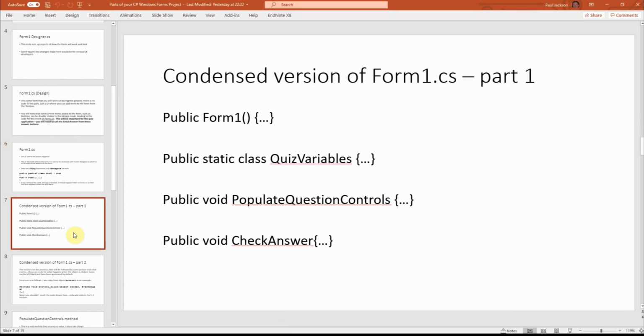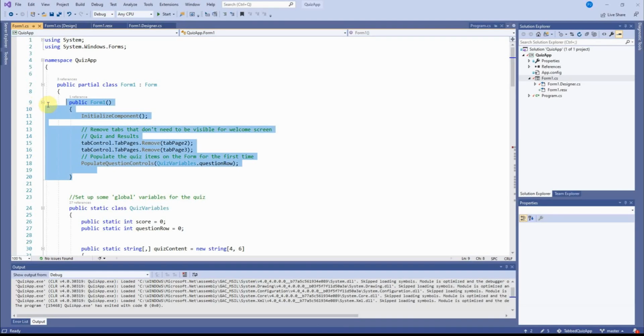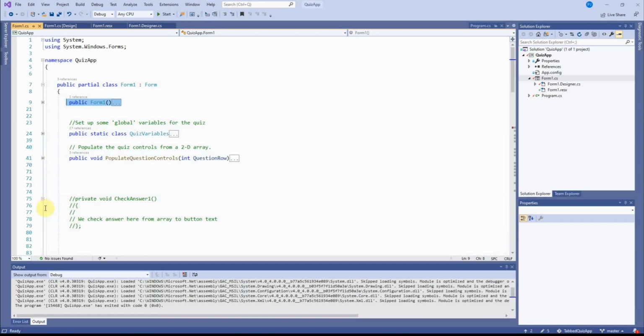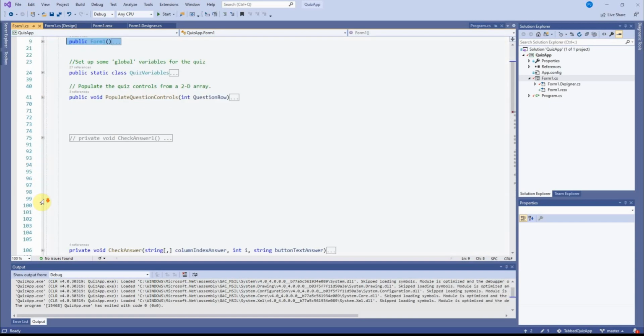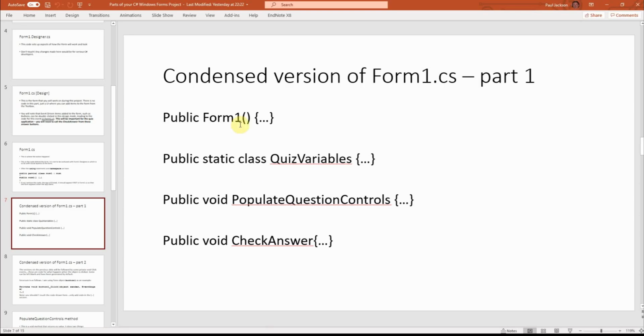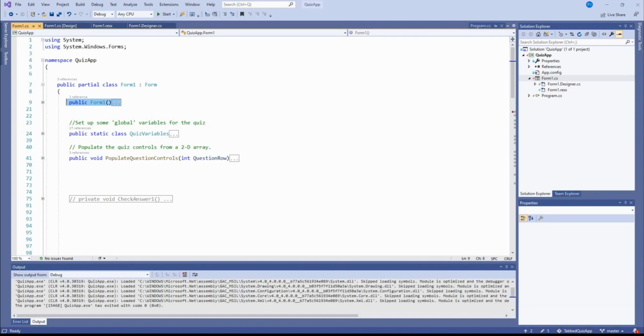If you were to concertina up all the parts of form1.cs, as I'm doing now, you should see something like this. Public form1, these little dots here indicate that there's curly braces and then code afterwards. Public static class quiz variables. Okay, so form1 has to come first. Then quiz variables,